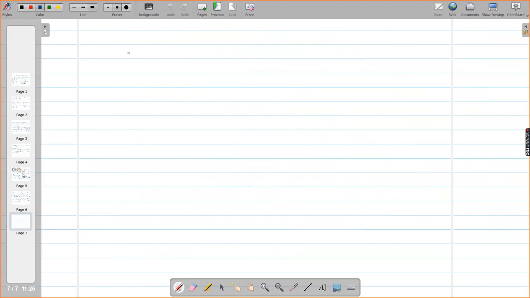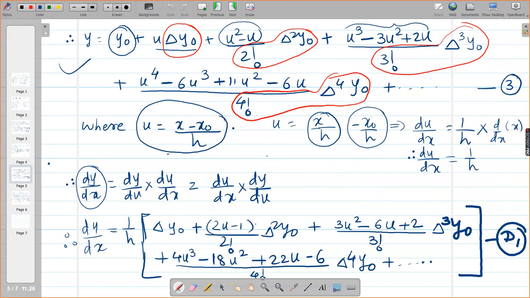So what we will do in this formula, everywhere I will substitute u equal to 0. देखो, I'm marking it in red. u equal to 0 substitute करना है हमें. Last slide. हाँ दिखाती हूँ, एक मिनट. यहाँ पे पहले देखो, u equal to 0 डालने के बाद क्या होगा? This doesn't contain u, the very first term. ये ऐसी ही रहेगी. यहाँ पे u डालने से क्या होगा? -1/2 डेल्टा स्क्वायर y नॉट, है ना?